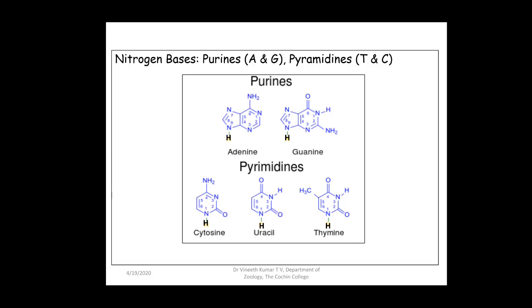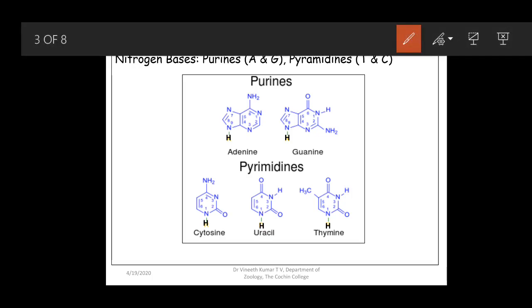So as you see in the diagram, they are ring structures, and you can see the numbering. They are just numbered 1, 2, 3, etc. Coming to the purines, in the case of DNA, you have 2 purines with a 9-membered ring structure, as you can see in the upper inset of the diagram. These two are the purines, adenine and guanine, and the pyrimidines in the case of DNA are cytosine and thymine, and instead of thymine in RNA you will have uracil.